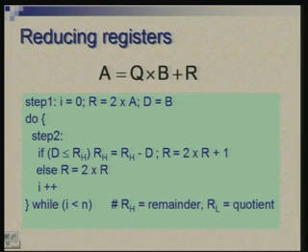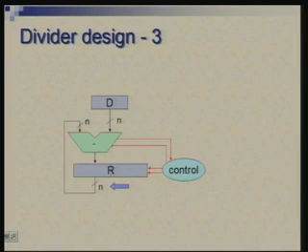So, this leads to a circuit which is now in the final form, where we have one register shifting, another register which is n bit, and a simple control which looks at the result of subtraction and looks at the sign and accordingly controls the operations. Okay. Now, we will introduce another form of division, which is called restoring division, where what we do is